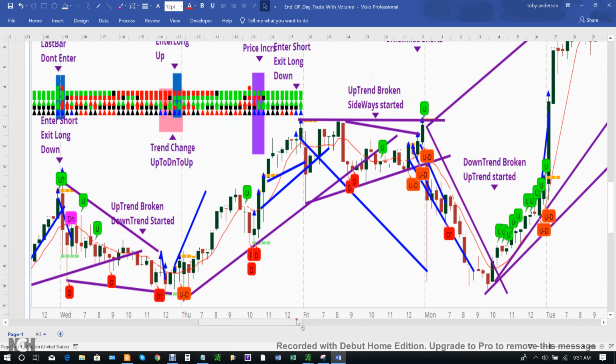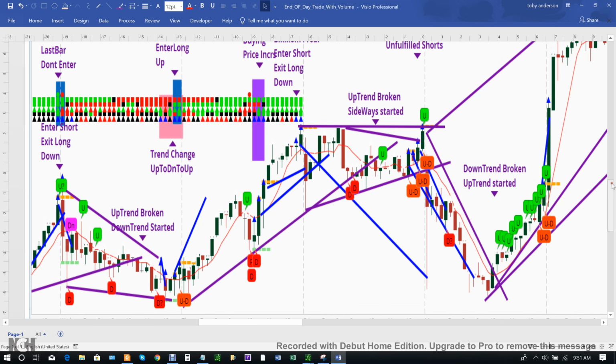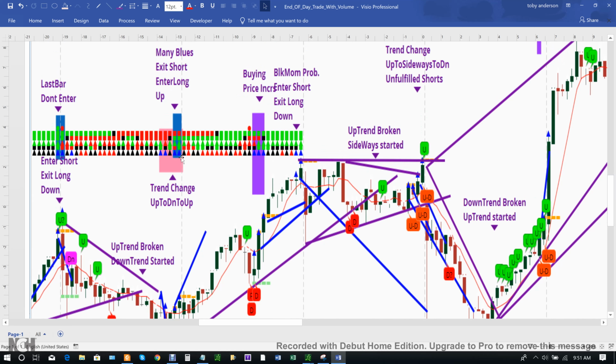Okay, so this one, it's the last bar of the day, don't enter. This one we have lots of candles. Remember, there's going to be a trend change. Since the trend has been going down, you'd expect it to go up. And as a confirmation, we have